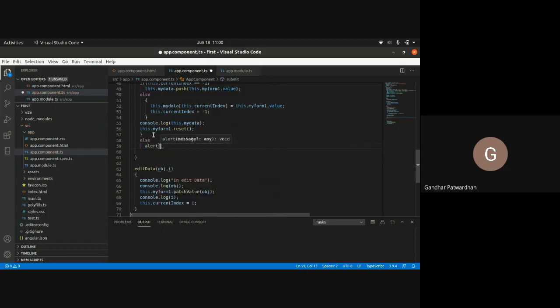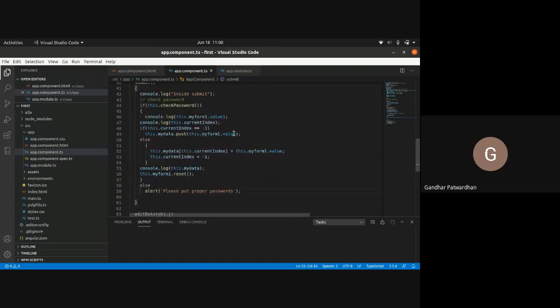I'll say alert, please put proper passwords. I'm just giving an alert, but you can do whatever validations or whatever messages you wish to do.